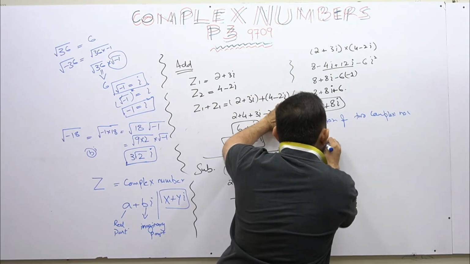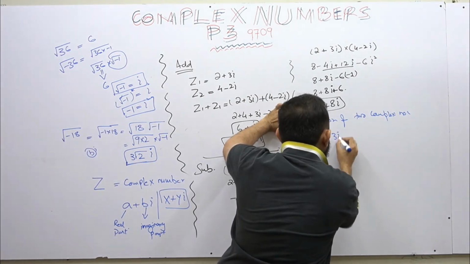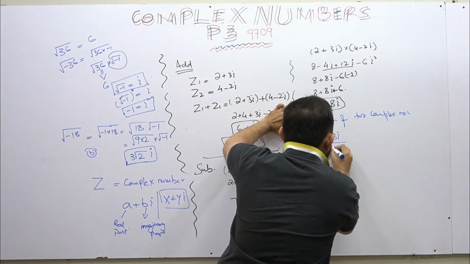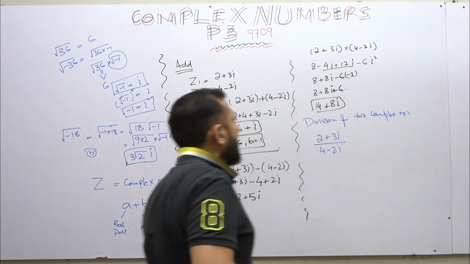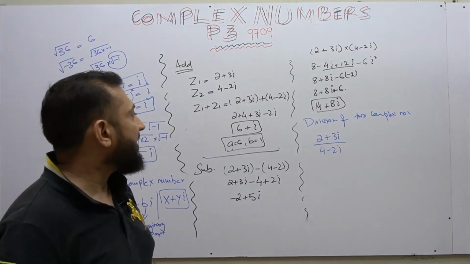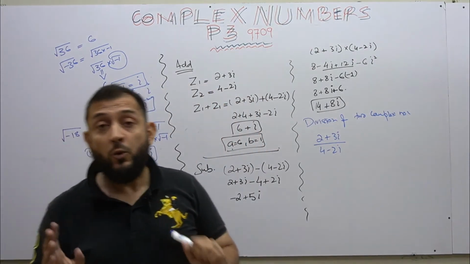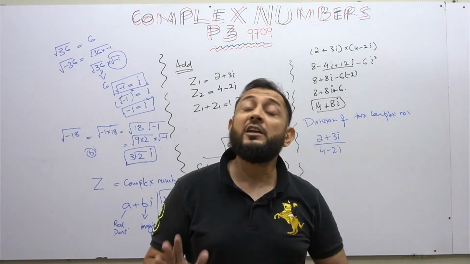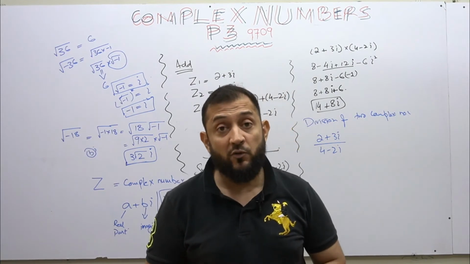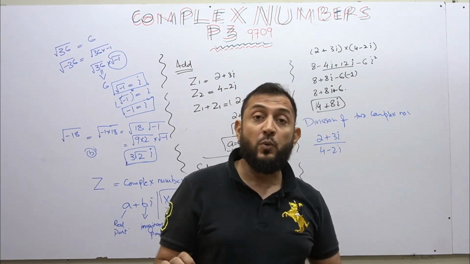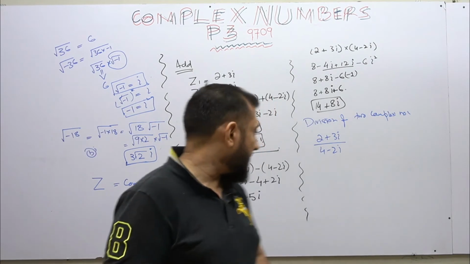If we have 2 plus 3i and 4 minus 2i, हमने इनको divide करना है। Before performing the division of two complex numbers, we need to understand what is conjugate. हमें देखना है कि conjugate actually होता क्या है, conjugate of a complex number. It is very important, इसको समझना बहुत ज़रूरी है।